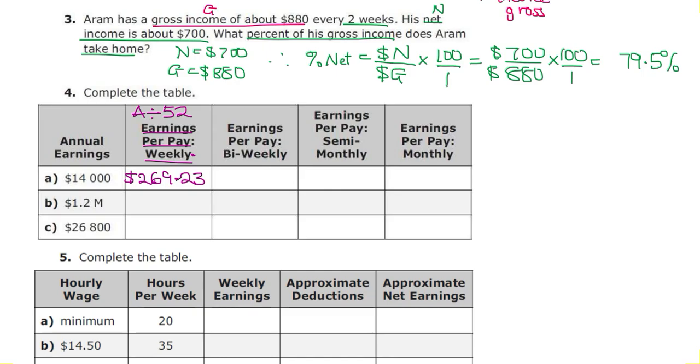Now the next column says, what is the earnings bi-weekly. If it's bi-weekly, we know that since it is 1 year, which is 52 weeks, we divide 52 by 2, we get 26, which means our annual earnings, we're going to divide that by 26, because you get paid 26 times. As a result of that, our answer here will give us